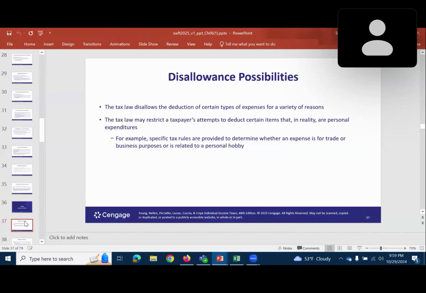Disallowances. The tax law disallows deduction of certain types of expenses for different reasons. They might restrict the taxpayer's attempt to deduct certain items that in reality are personal expenses. Is this actually a business that you're in, or is it a hobby? You know, I'm making bags. Is that really a business, or are you just doing it because you like making the bags and you're doing it as a hobby? So there's a disallowance that would happen if you have a loss on a business that's